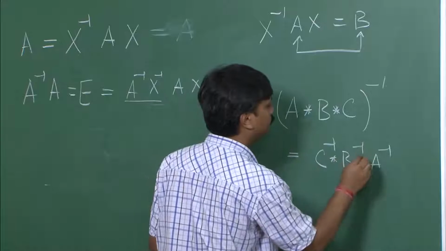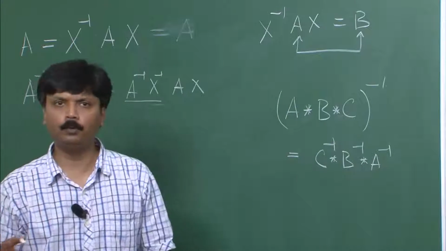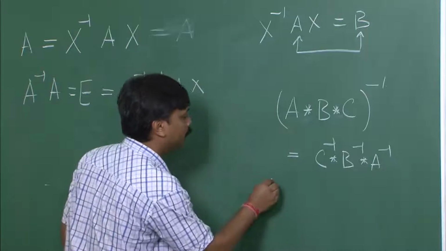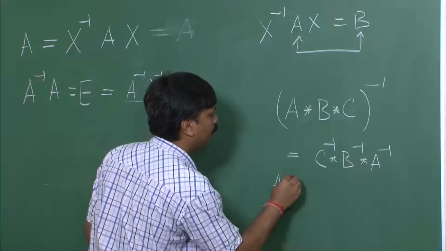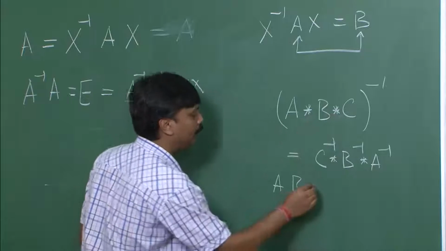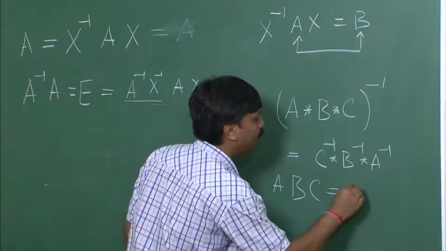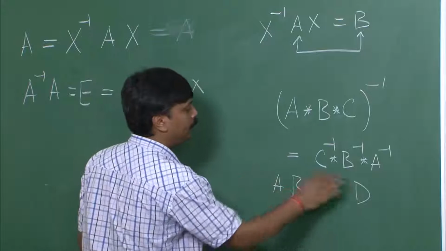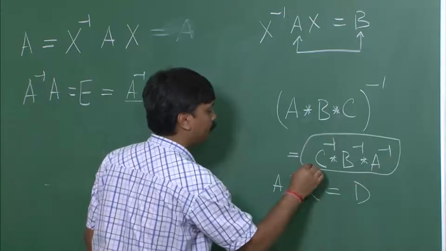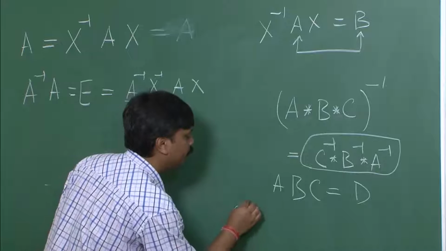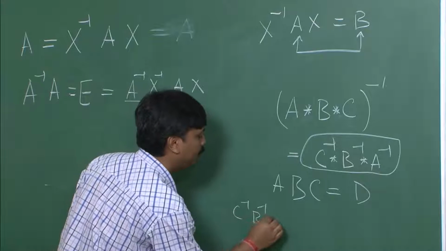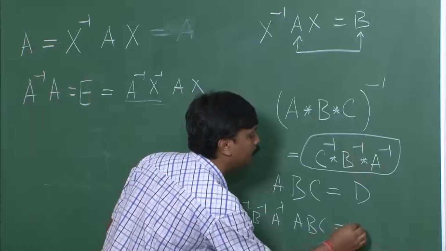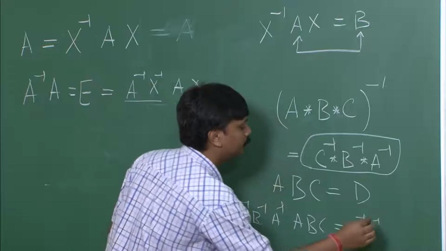So this is a property of the elements of a group. Okay. And this also can be very easily proved. Like if I start with, say, A, B, C, I am not writing the stars anymore, but this is implied, and if I write A, B, C equals D, and then if I multiply both the sides by this quantity, so what do we have? We have C inverse B inverse A inverse followed by A, B and C equals C inverse B inverse